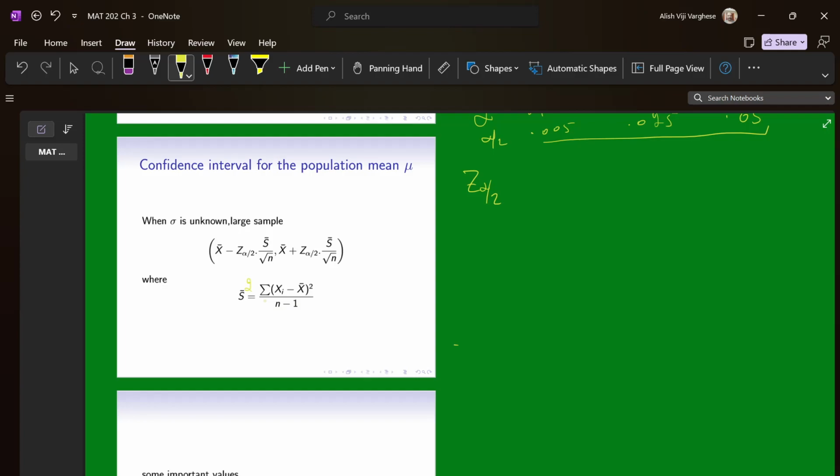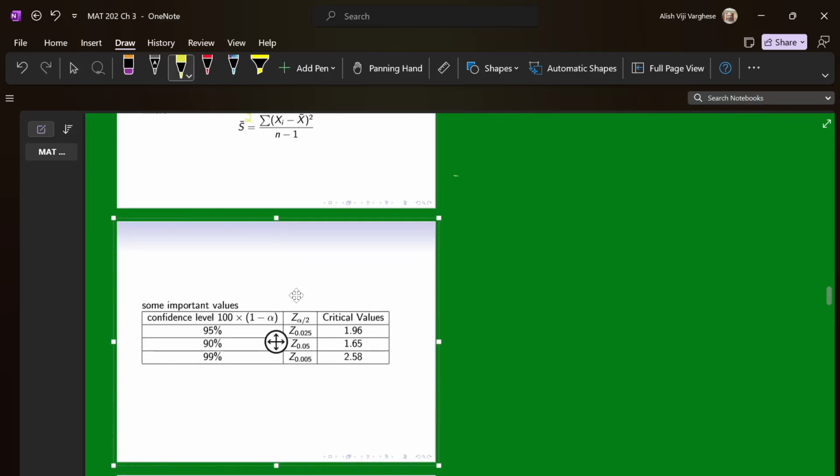This is the expression for S square, and this population variance can be an unbiased estimate. And its square root is the standard deviation. The population standard deviation, if it is unknown, then we can replace it with the sample standard deviation, provided the sample size is large. And these are the values of Z alpha by 2 for some